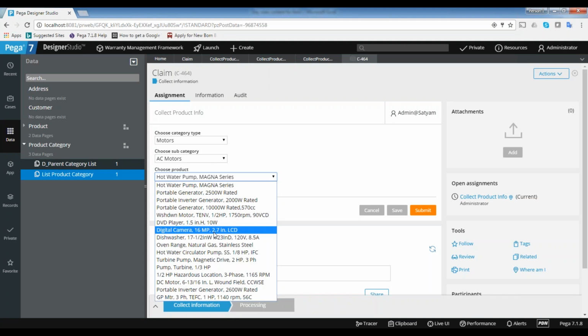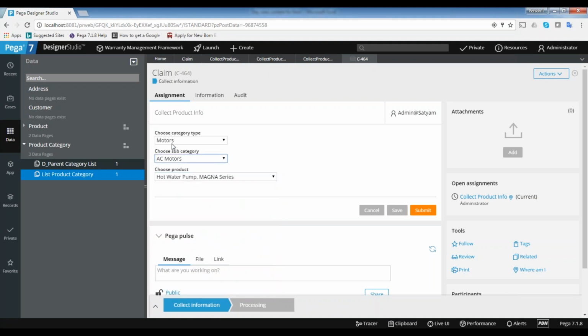So for filtering purposes, again what do we need to do? We need to pass the same thing. Whatever subcategory you selected, I need to pass that as a parameter to this product list.